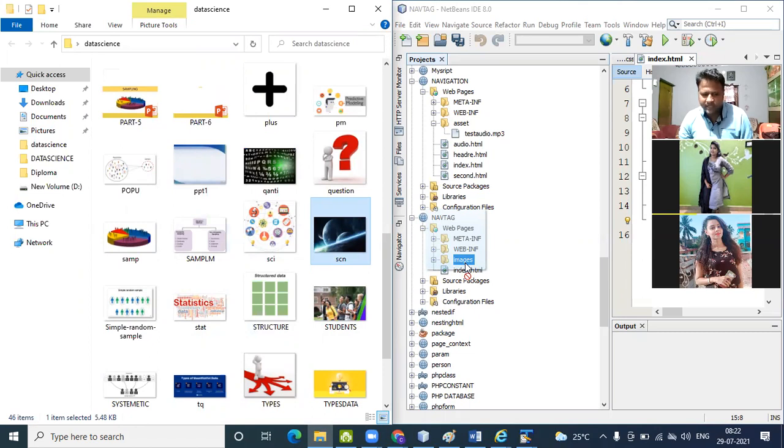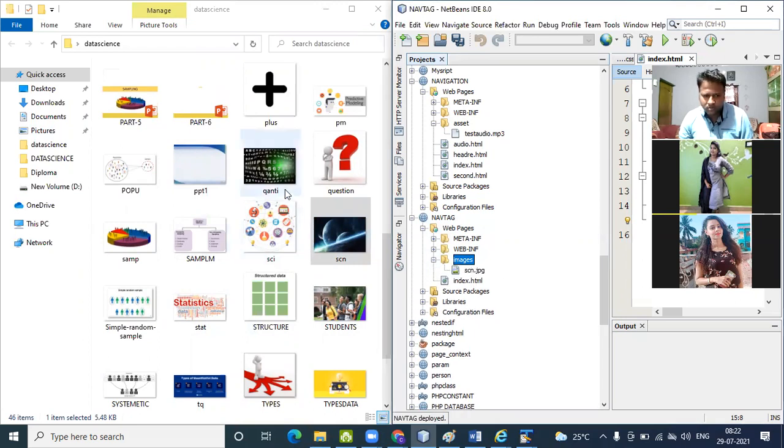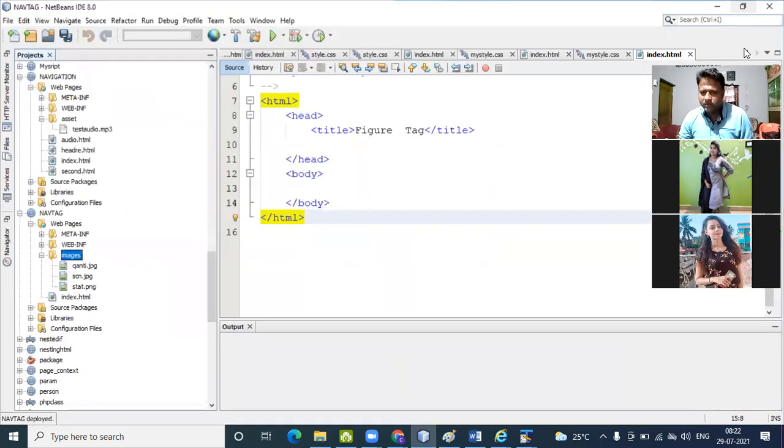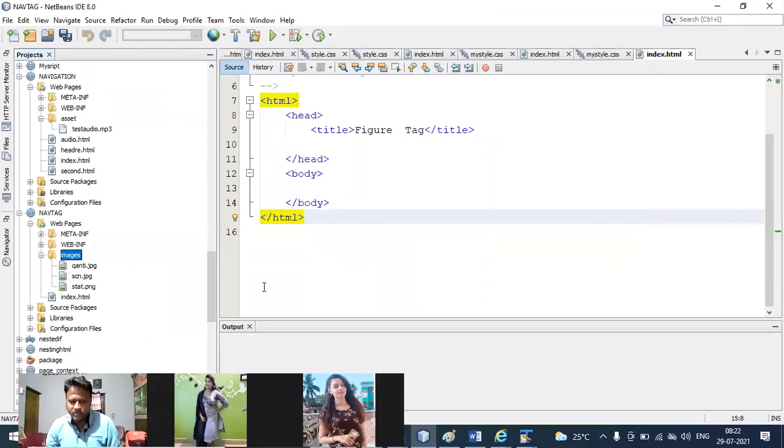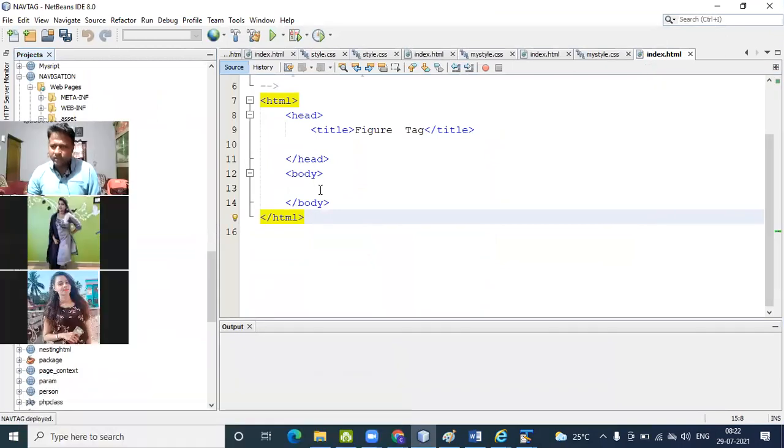I have dragged 3 images, so later they will help me.